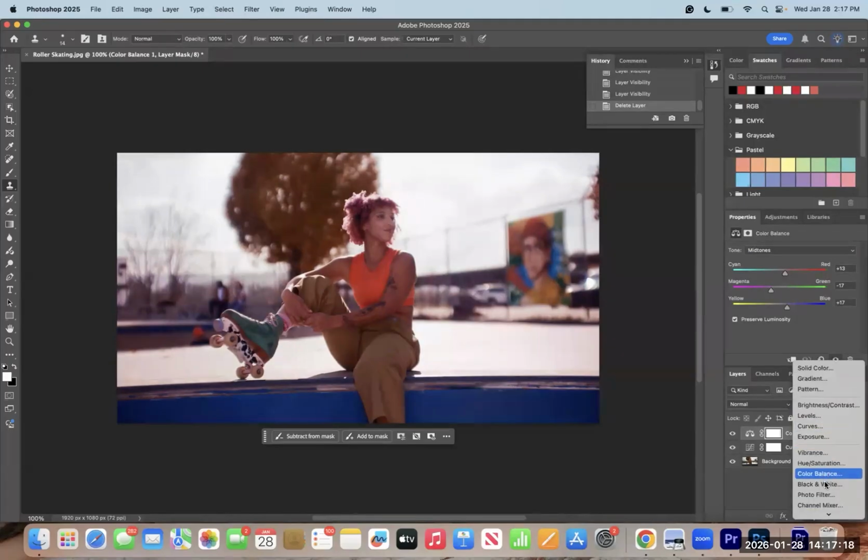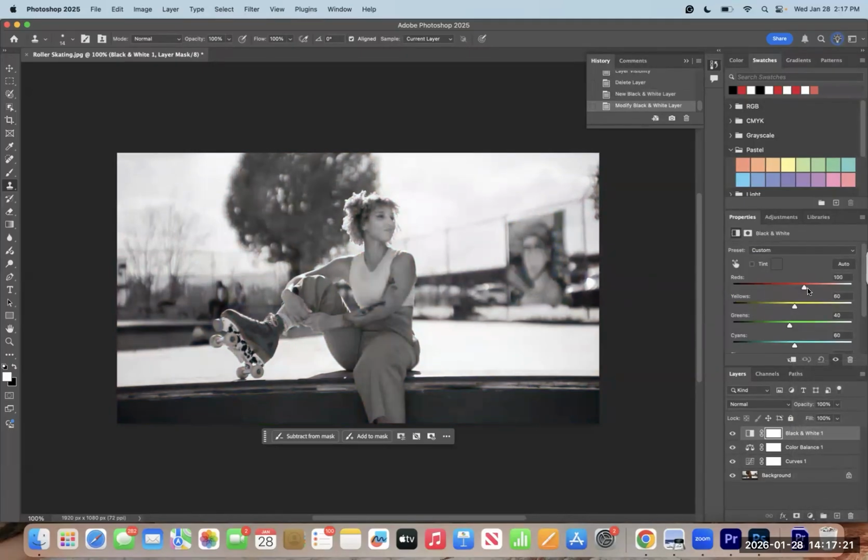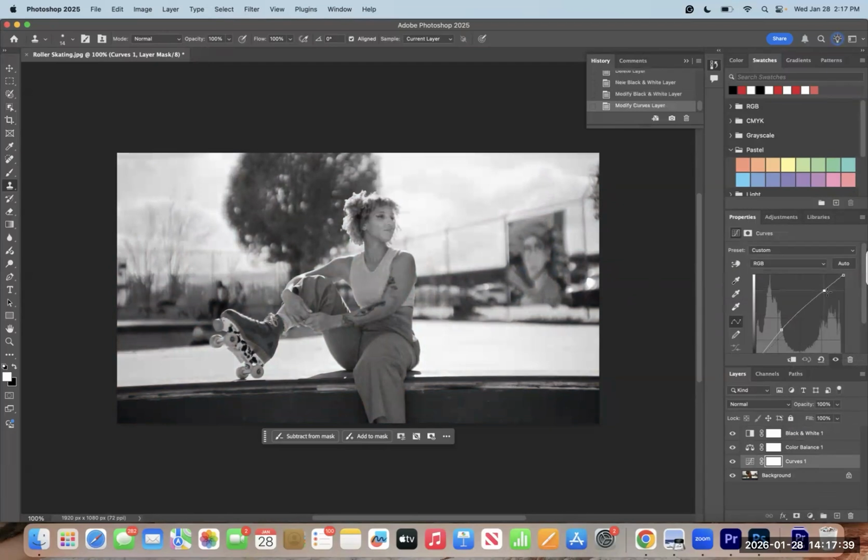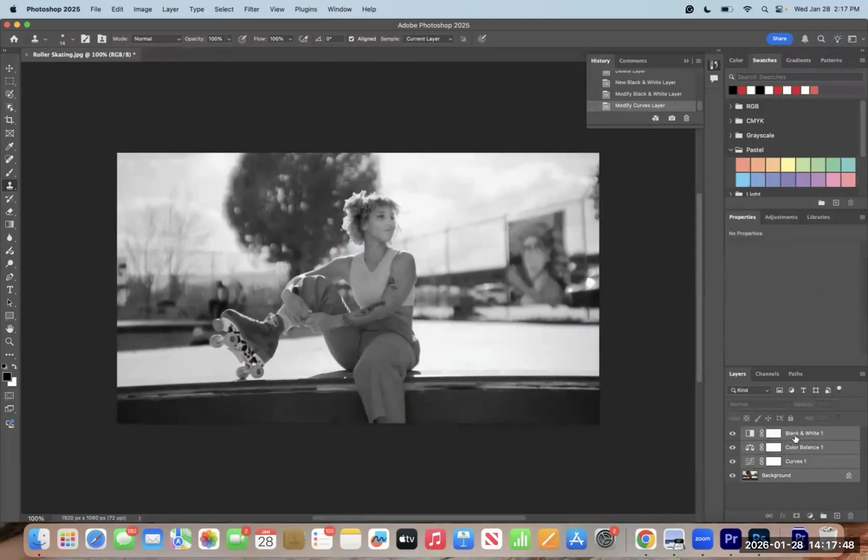Cool. Okay. Now, I've decided I do want to do black and white, so I'm gonna keep mine like this. And now, once you've made all of the changes that you want to make to your image, you're happy with how it looks. I'm gonna make it a little less bright. Once you're happy with your image, however you've decided to edit it, what you're gonna do is you're going to select all of the layers on this side. So you can just click one and then hold shift and click the bottom one and it should select all of the layers. And then you're going to go to File,